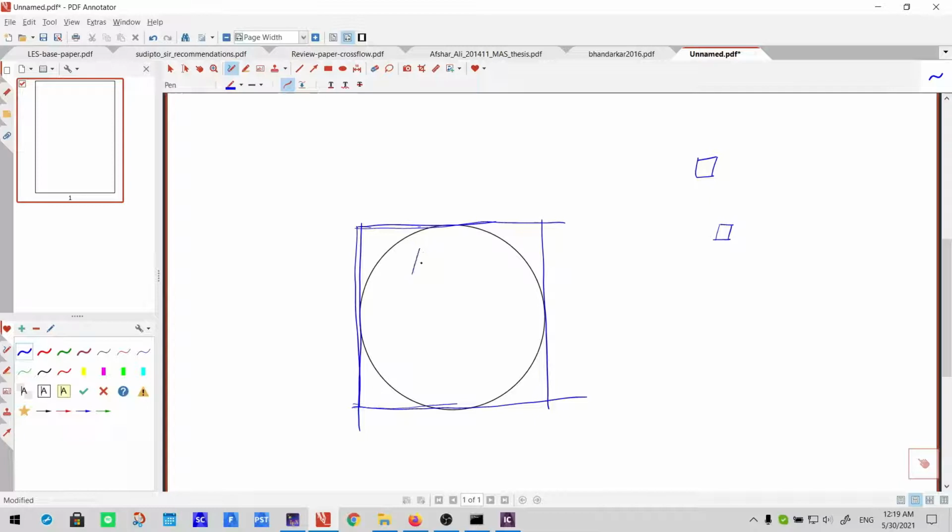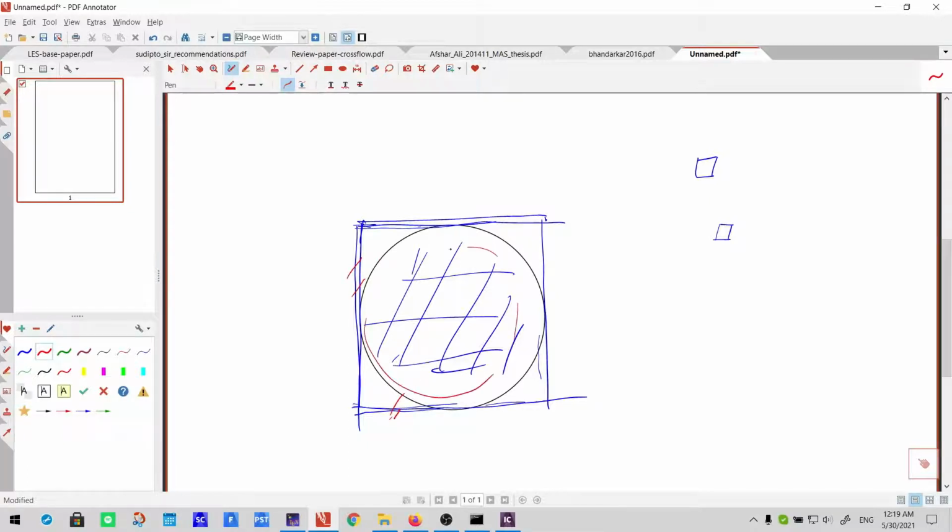This whole circle area will be mapped with this block. And we will map this line, this line, this line, this line with this curve,